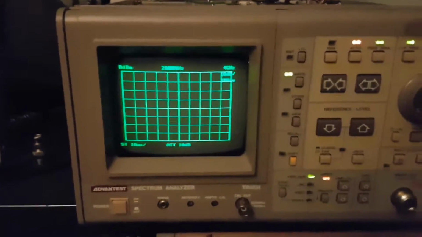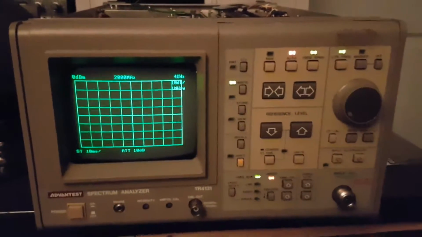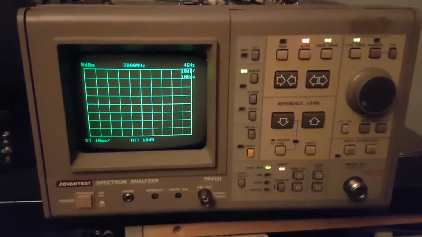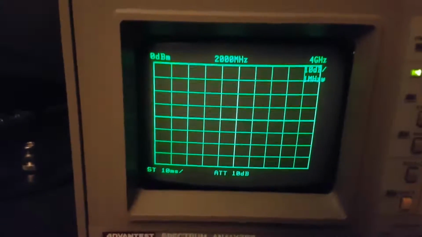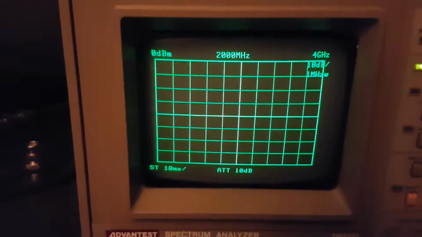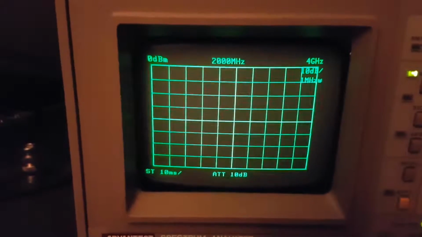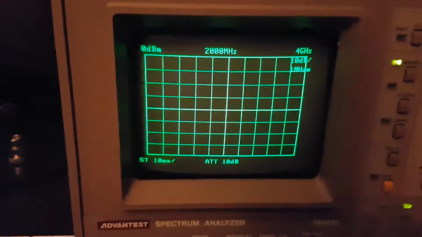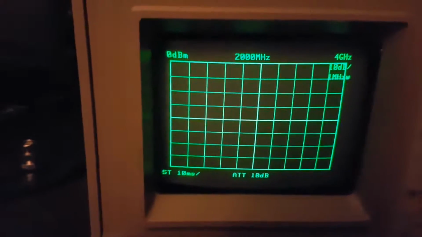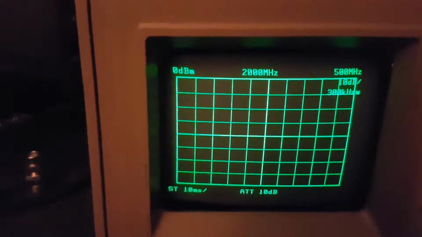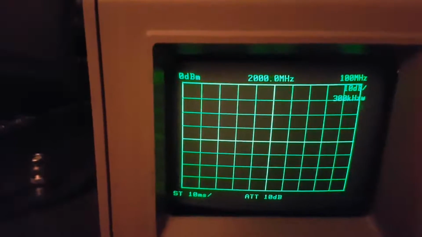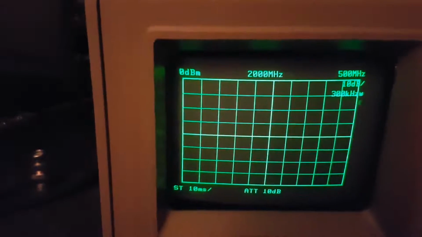This is my TR4131 spectrum analyzer, which, although it is showing a graticule and details on screen, the details do update when the controls are operated,